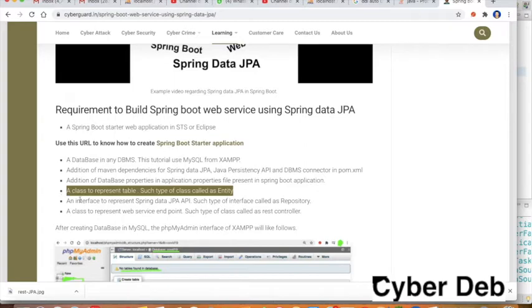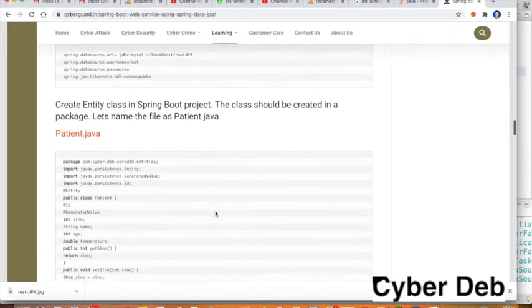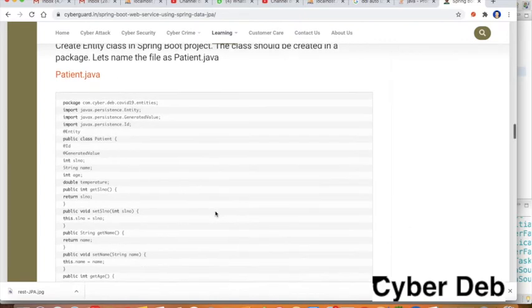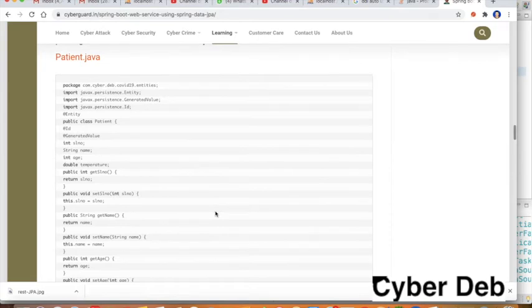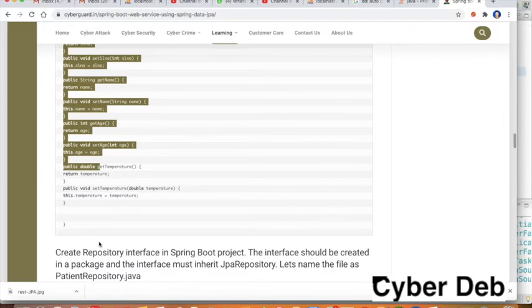This class is already there in the blog, so you can see, since we are creating a project regarding COVID, I have a class named patient. So I will copy this class code also from the blog,